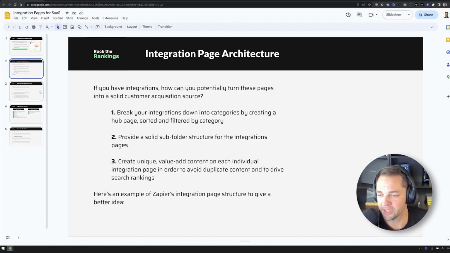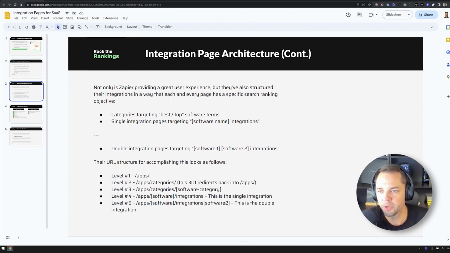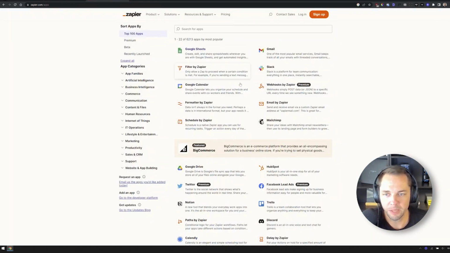So I'll talk about that here in a second as well. Let's take a look at Zapier here as a quick example. Everybody, I think, knows Zapier, and they have quite an extensive library of integrations that they support across a large amount of categories, right? So I love the example of